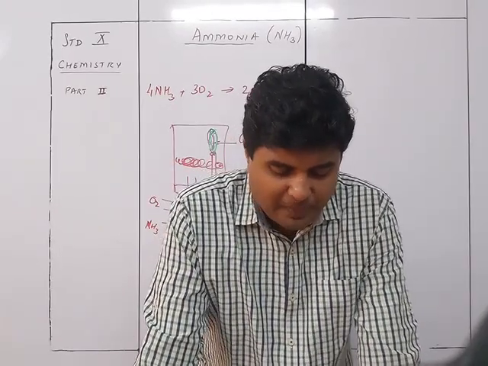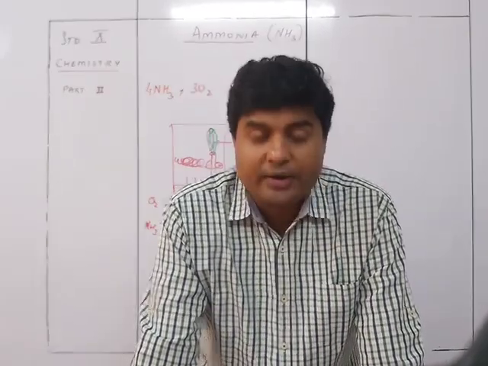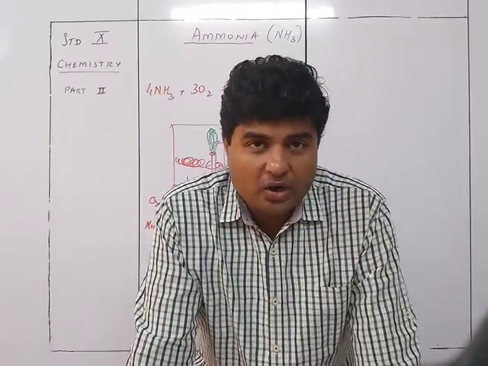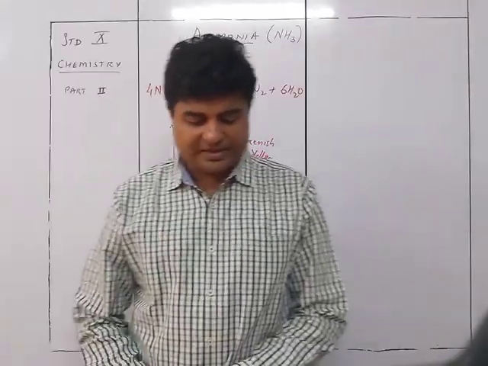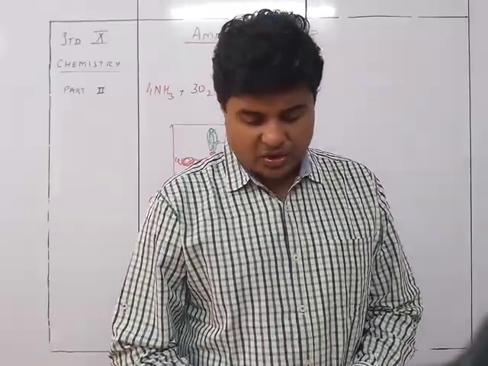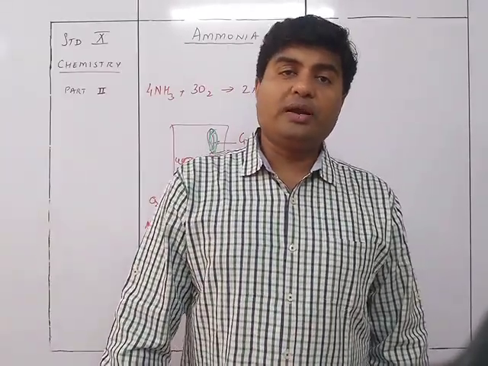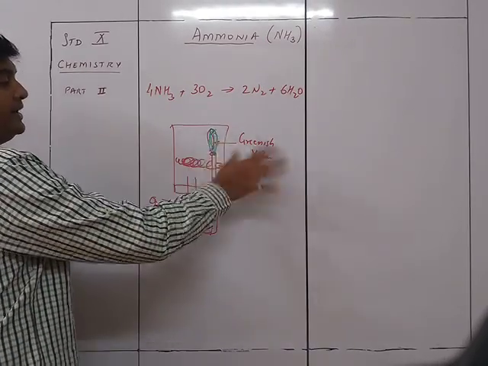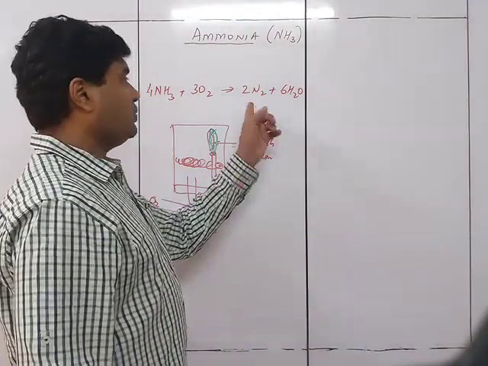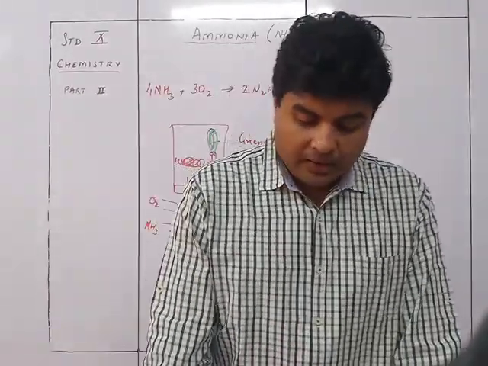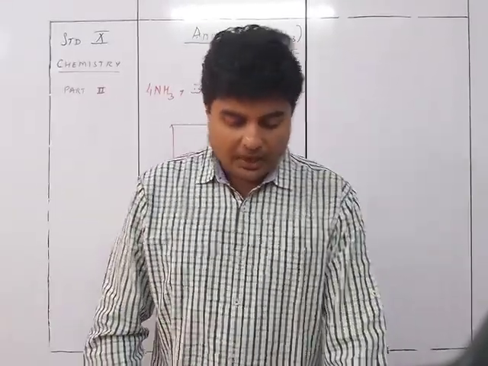Observation was: dry ammonia gas passed through the ignition tube A and ignited alone does not burn. But when ignited with oxygen, after passing oxygen, ammonia burns in atmosphere of excess oxygen with a green or greenish yellow flame forming nitrogen and water. So when you are using only ammonia, if this oxygen was not given, then it does not burn. But if you are taking ammonia with oxygen, it burns with a greenish yellow flame to give you nitrogen and water.